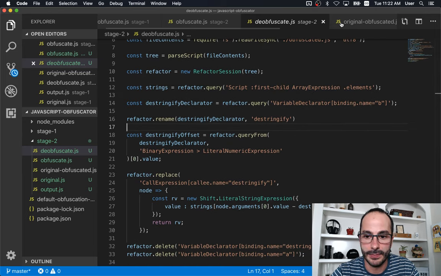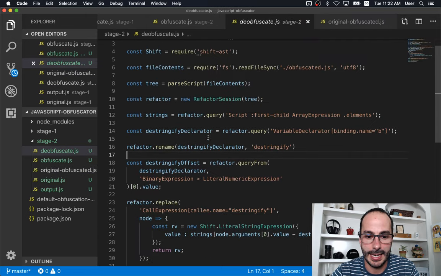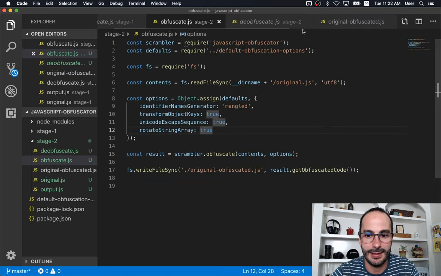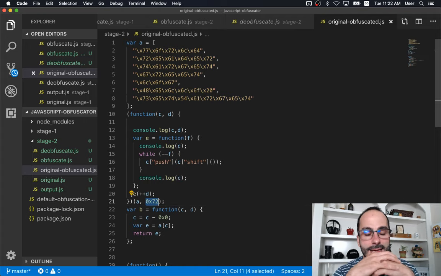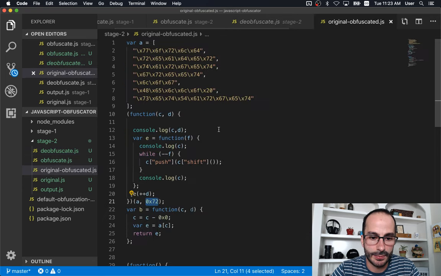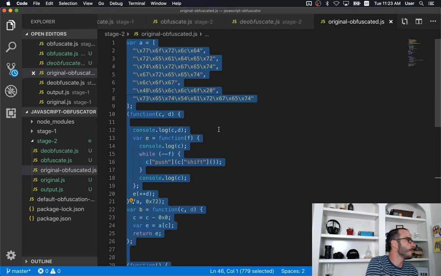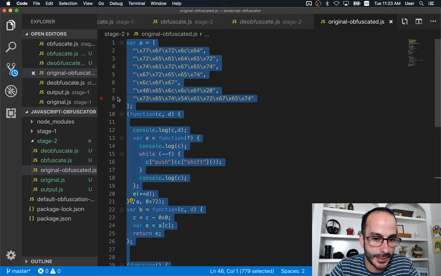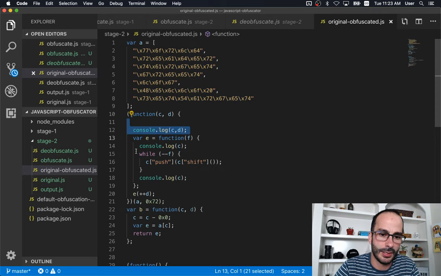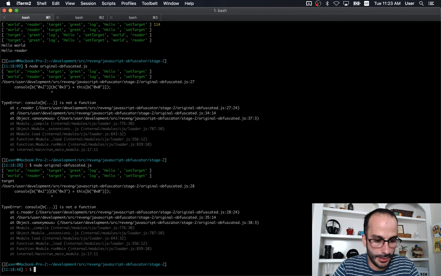All right, so we have original, obfuscated, deobfuscate. We have our strings. Now what we will need is this number. We'll need to get this out. So first things first, let's grab our new script here and check on things. Throw this into AST Explorer. Actually, let's rerun our deobfuscate script so that we have